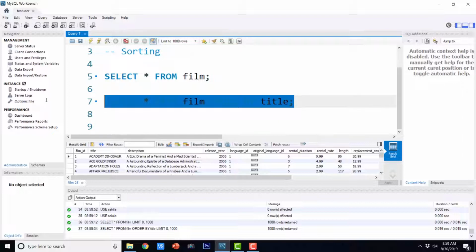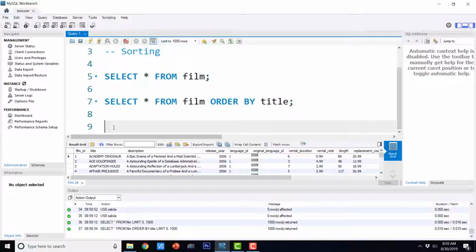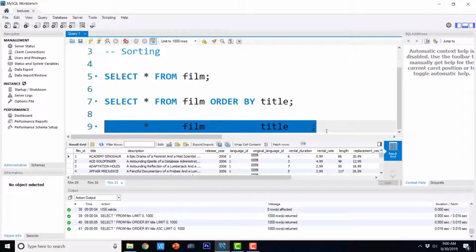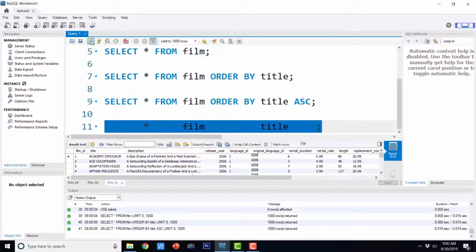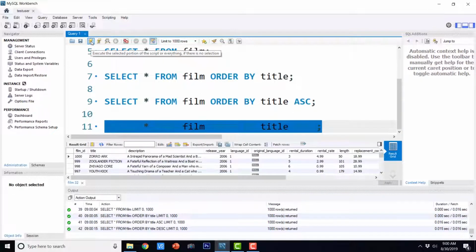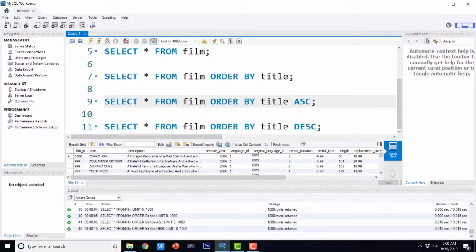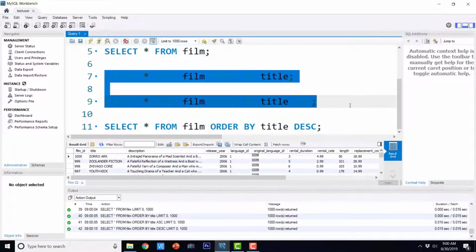You can explicitly tell it to order in the ascending order by just saying ASC, and if I just copy and say DESC, then it is going to sort it in the descending order. So the meaning of the first two queries is the same.